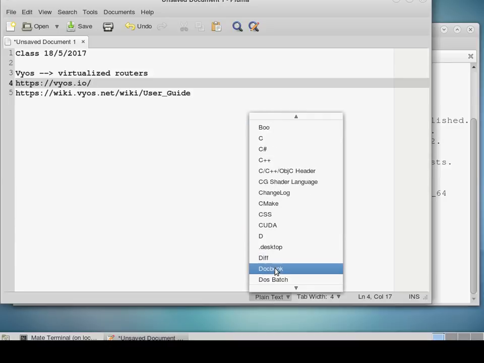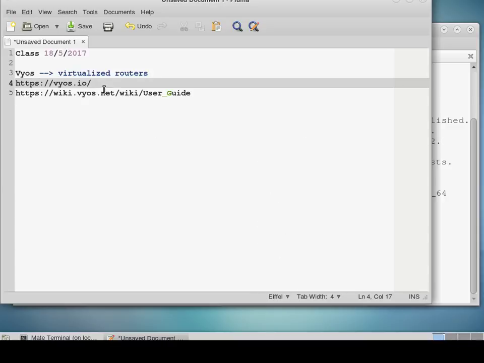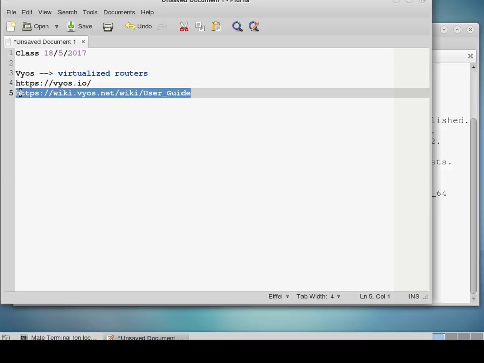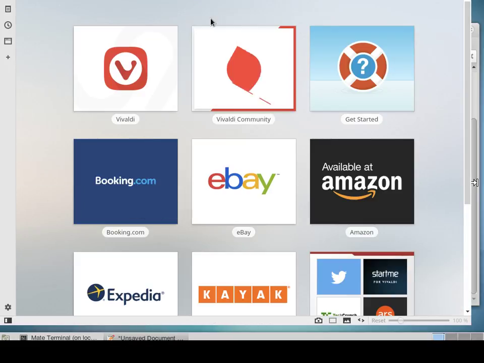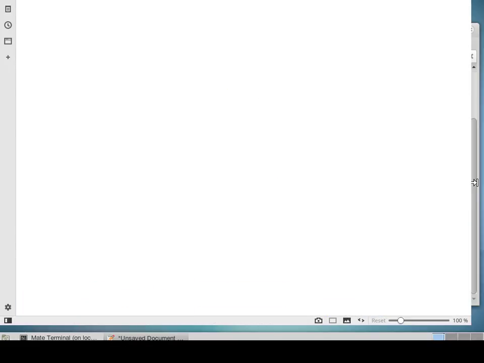Let me put this in another format, and this is the wiki. This is a good place where you can go and find information. Everything that I've done here is right here on this page. So let me open and write it here so you can check. So on this page,